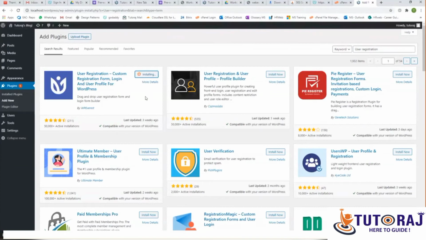For the moment, I understand that you don't exactly understand what is happening. I will cover these in the later sections. This is just like setting the foundation for building a big house. When we go to the corresponding sections, I will explain in detail what we are doing now. For the moment, just do what I do. Click on Activate once it is installed.